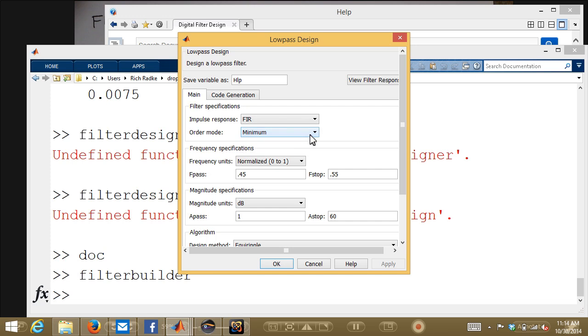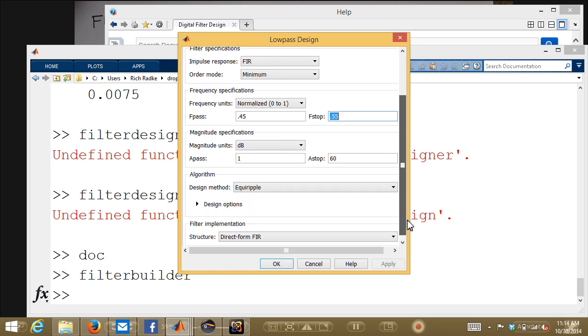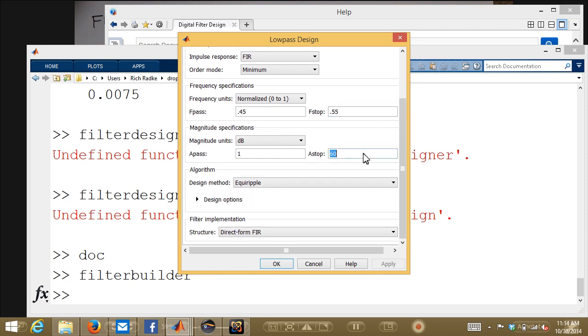I want to have it, order mode probably means, get me the lowest number of taps for the given specifications. And then I can say I want the passband to be between 0.45 pi and 0.55 pi. And I want the stopband ripple here to be 60. This is already being an Equiripple filter. I can specify more options if I wanted to. And then it even lets me design how I want to realize that filter. And so if I say OK,